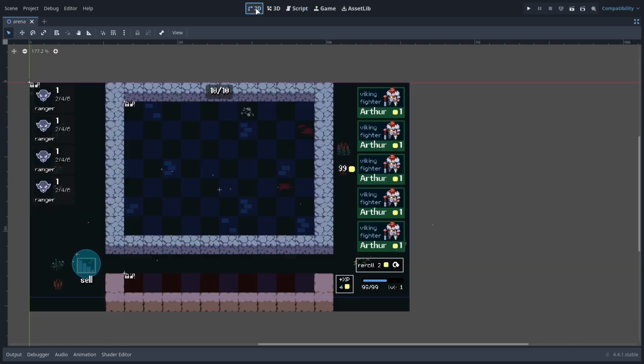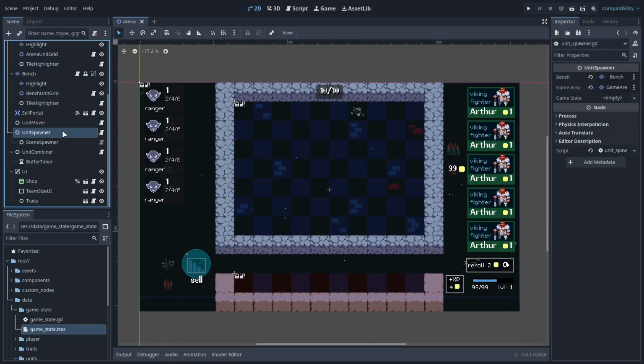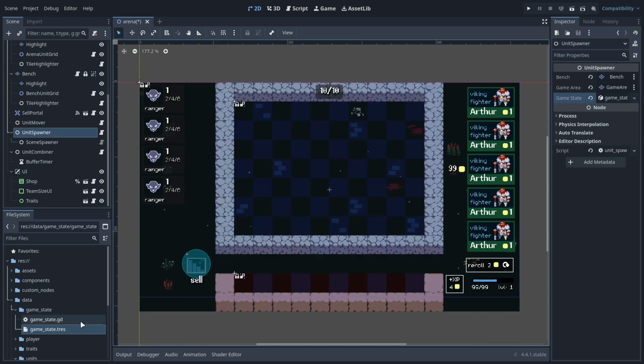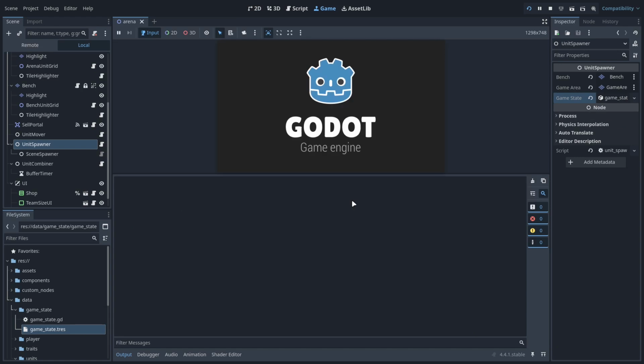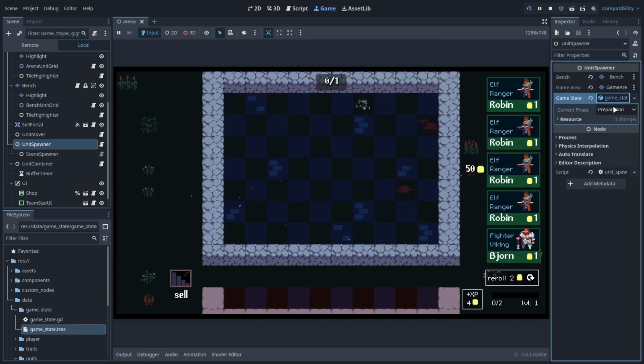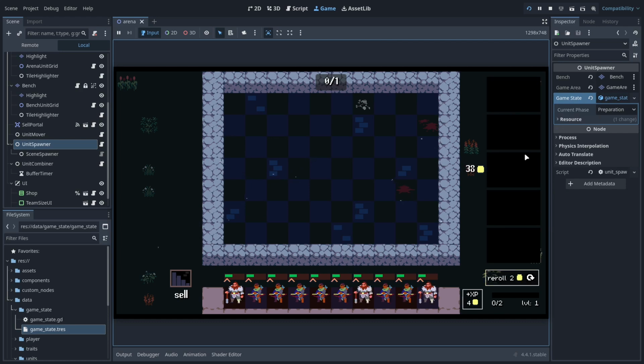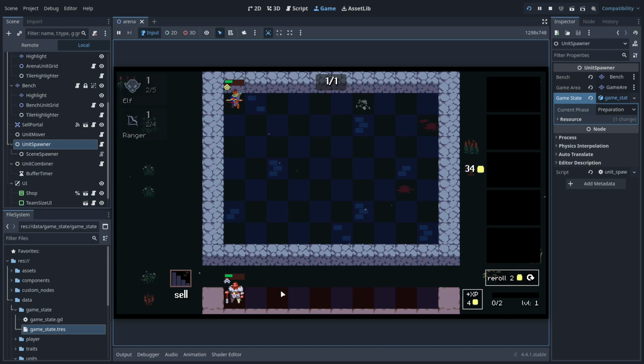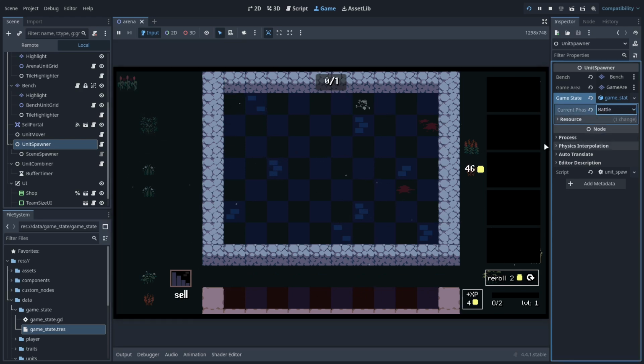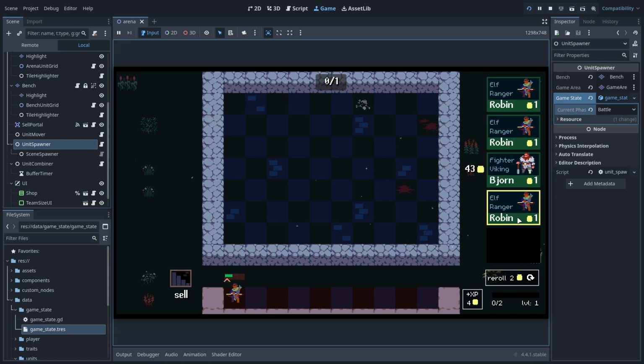So let's go back to 2D view, and we have our UnitSpawner, but we have no game state assigned. So let's click on the arrow, press quick load, and load the game state by clicking on it. And now we do have the game state, right? With this resource assigned, if we play the game to test this, game state is set to preparation, right? So if we start buying units real fast, we should still be able to spawn new units inside. And we do. Now, if I sell all these units and set this from preparation to battle, with this change, if I reroll and start buying units again,